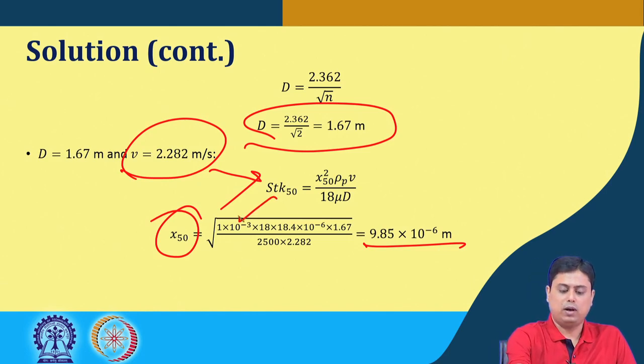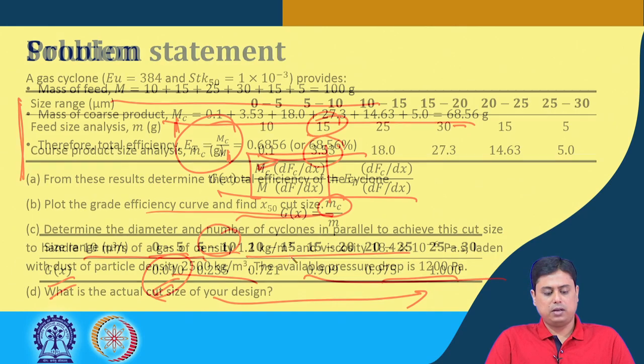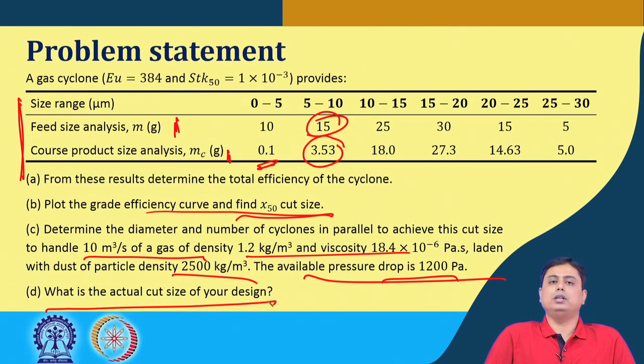The Stokes number is 1 into 10 to the power minus 3, 18, this is the mu, this is the d, this is the rho p, this is the v. So that answers our last part as well, what is the actual cut size of your design. So I hope this problem is also clear to you, and you have now understood that if this size distribution data is given, Stokes number, Euler number, physical properties are given, we can easily find what would be the